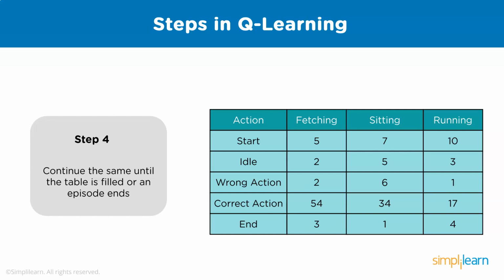There are a few different formulas I use for the random setup to pick it. I usually let whatever Q model I'm using do its standard one, because someone's usually gone in and done the math for the optimal spread. But you can look at this. If running has a reward of 10, sitting has a reward of 7, fetching has a reward of 5, you could use the bell curve for the mean value, and like I said, there's some math you can put in there so that running has an even higher chance. But even if you were just going to do an average on this,